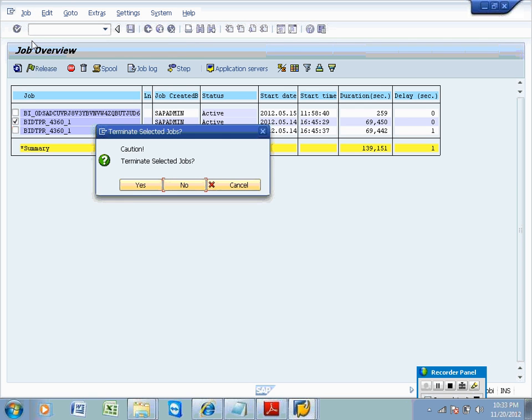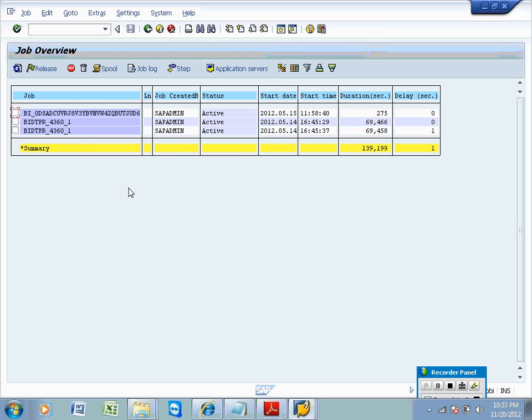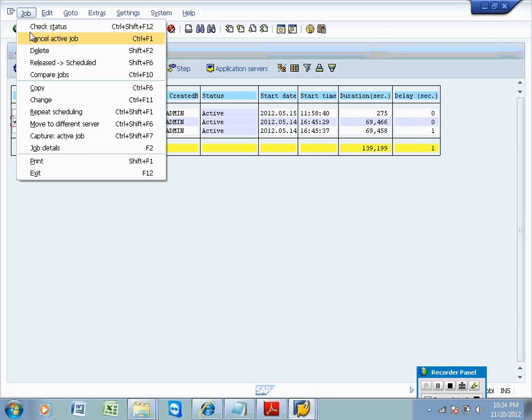Cancel the active job. The system is unable to cancel right away, but after a few minutes it will cancel the job for sure.